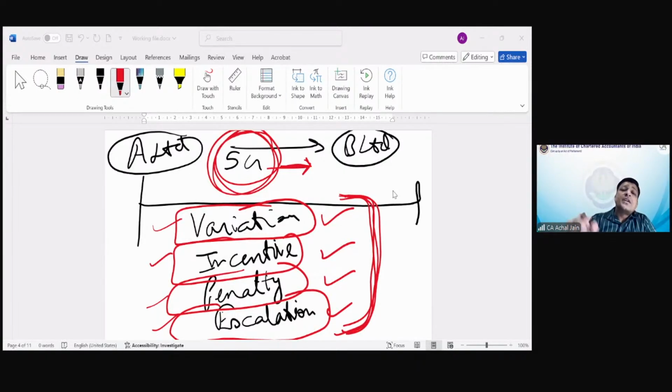Kasak is asking, if the fault is not under both the parties, then? See, there could be various reasons. I think you're just trying to bring in this checklist. It doesn't matter whether it is because of any fault or beyond the control of both the parties. For us, what is important is to look at the question. If the question permits the escalation to be covered, then we'll go by the range. And within that range, whatever escalation is permitted, we'll consider that and apply that. So that's how you're required to look at it. But practically, I'm just telling you how things will work. Practically, both the parties will sit together, discuss, understand, and that's how they will agree.